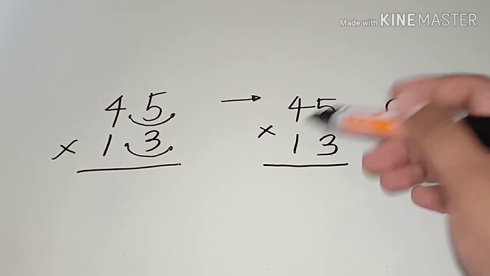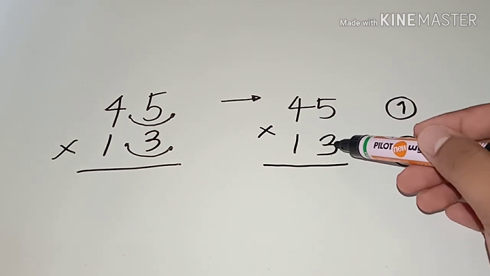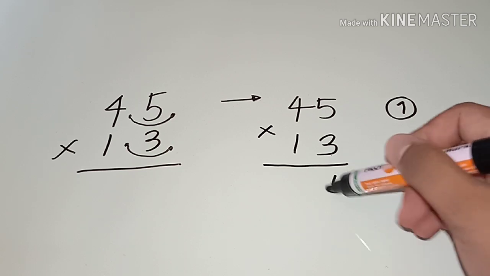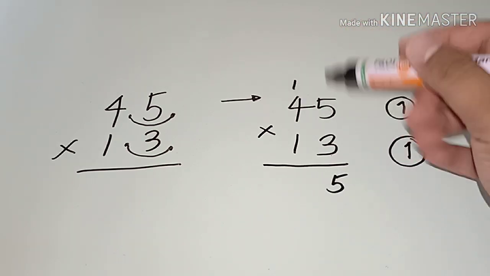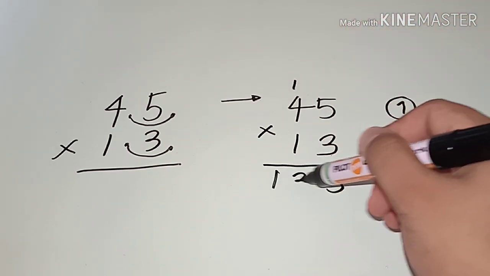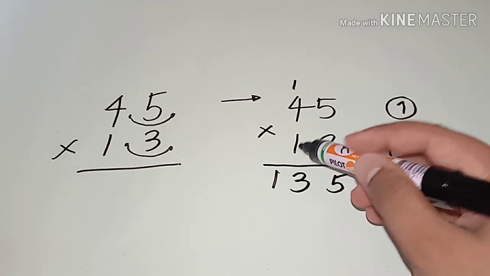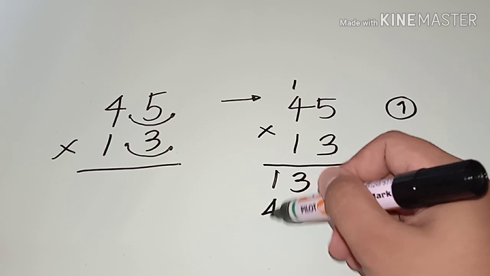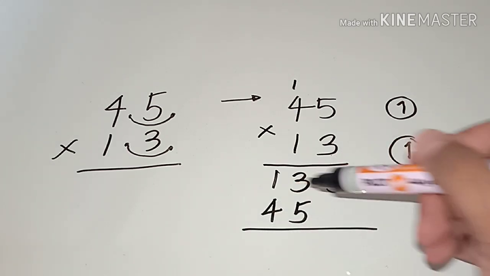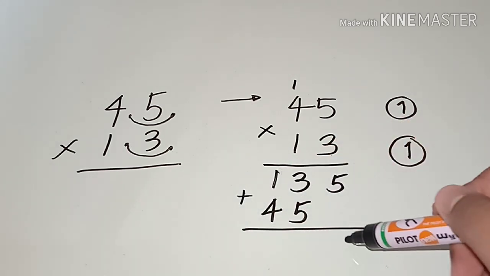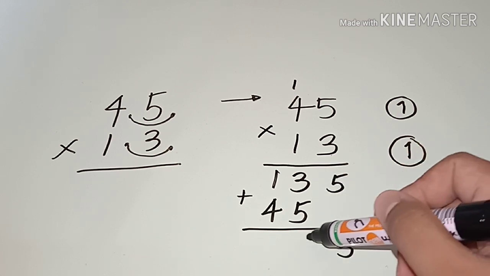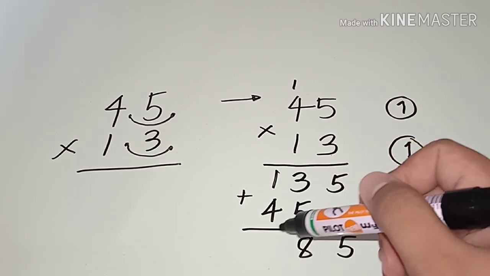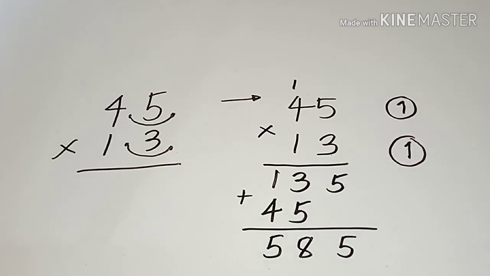So we have 3 times 5, because we will start with the ones place. 3 times 5, 15. 3 times 4, 12 plus 1, that's 13. Next, tens place. 1 times 5 is 5. 1 times 4 is 4. And after that, you just have to add. So 5. 3 plus 5 is 8. 1 plus 4 is 5. So when you multiply 45 and 13, you will get